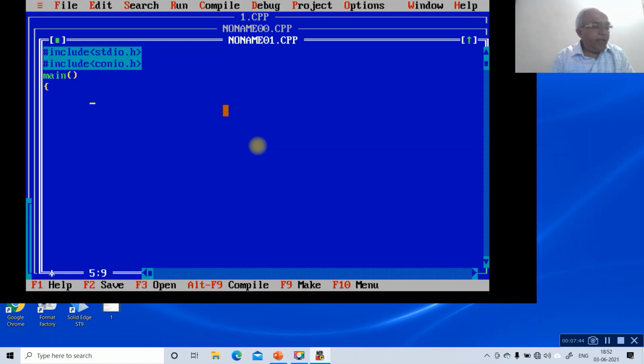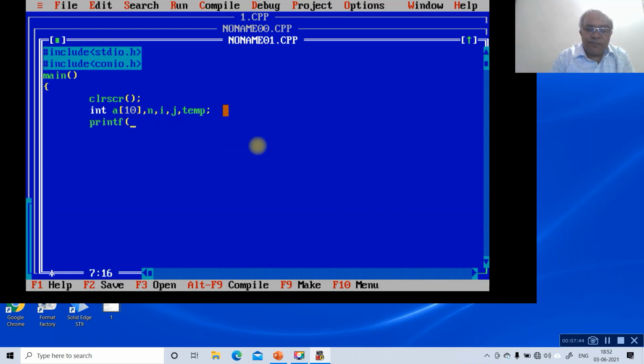Then int, first you go with clrscr, then int a of 10, then you can give it in one shot: n, i, j, with or without spaces, then temp. So all are declared in one line.